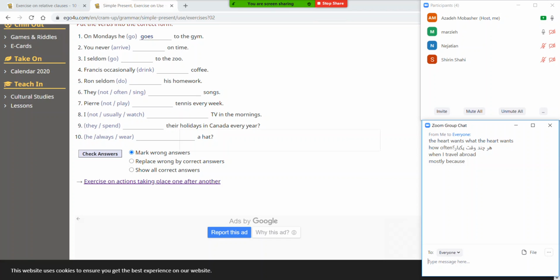You could say that country's animals, for example. That country's animals, and my children love its animals, and